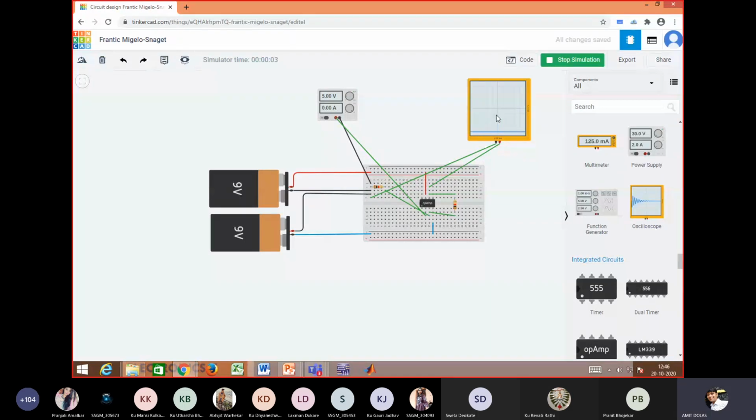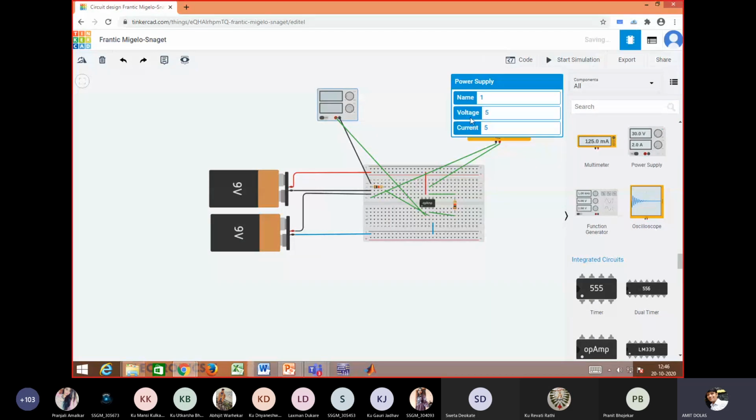So there is a transition, and it is showing negative VSAT. I'll stop the simulation. Else we have to reverse the polarity. Still we are getting the same, so I think we need to reverse the polarity to get a minus value.